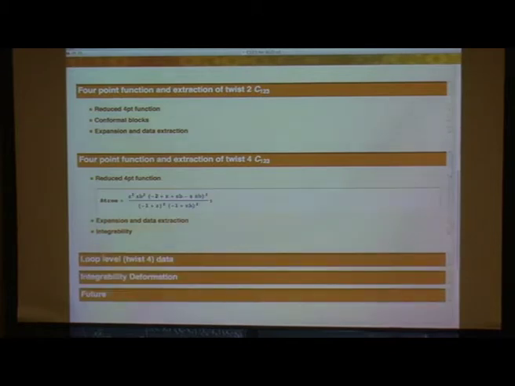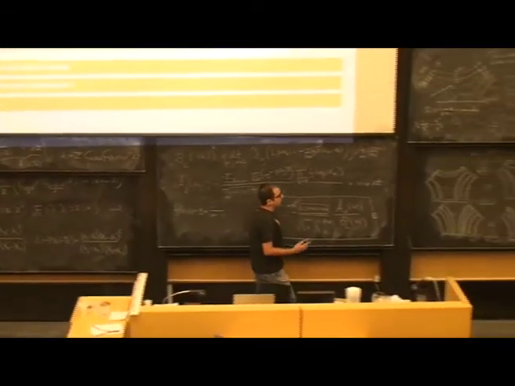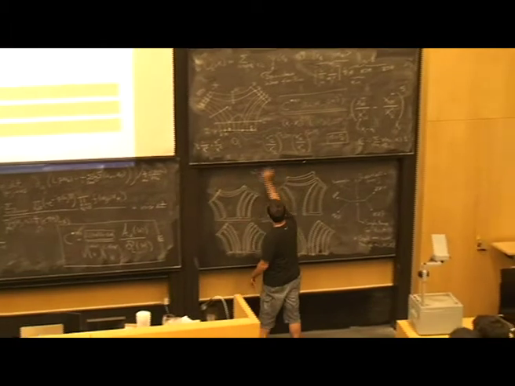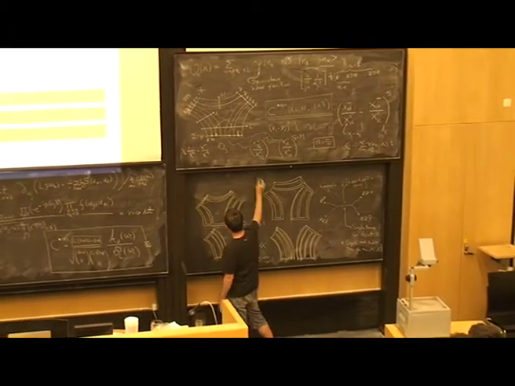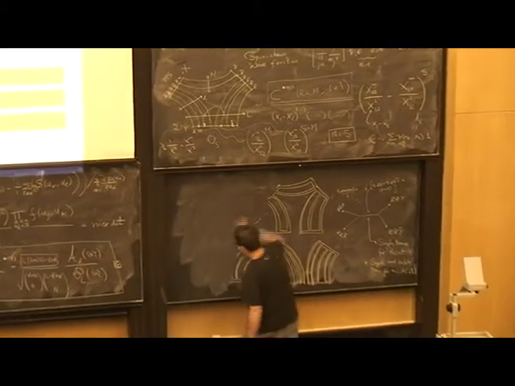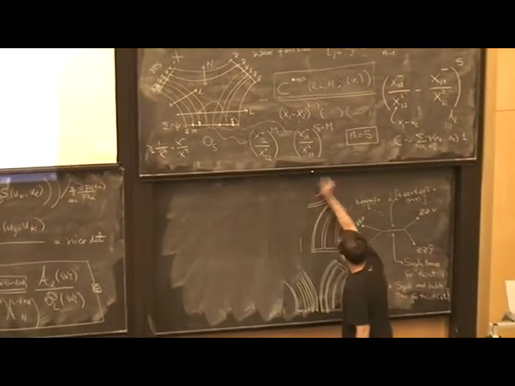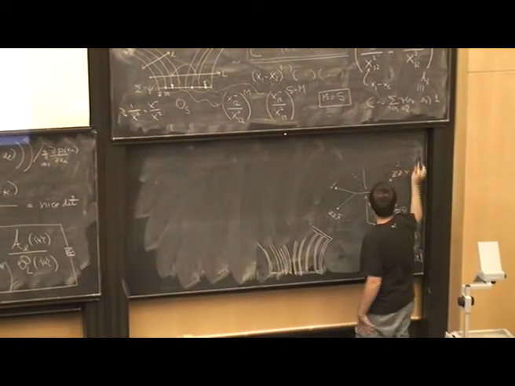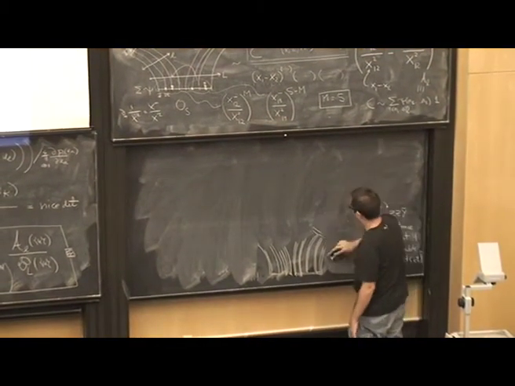Okay. So let's consider now another case, where the tree-level amplitude is this. So let me just tell you what case we are considering. It's a more interesting case, where now we don't want in the middle to have twist 2, but we want to have twist 4. So we want to consider now one of those more interesting cases